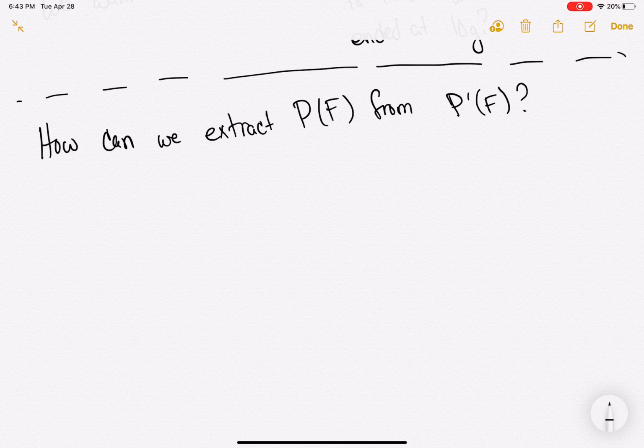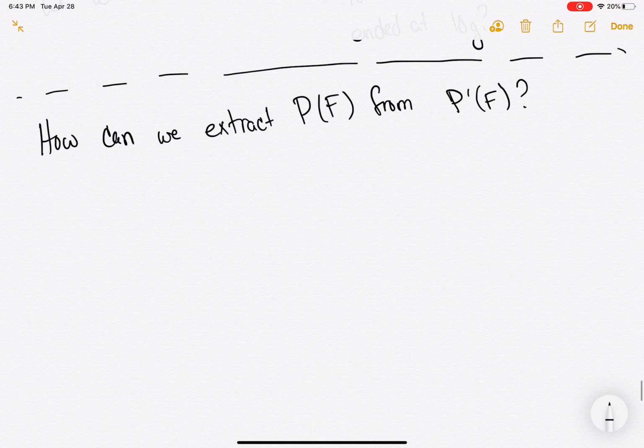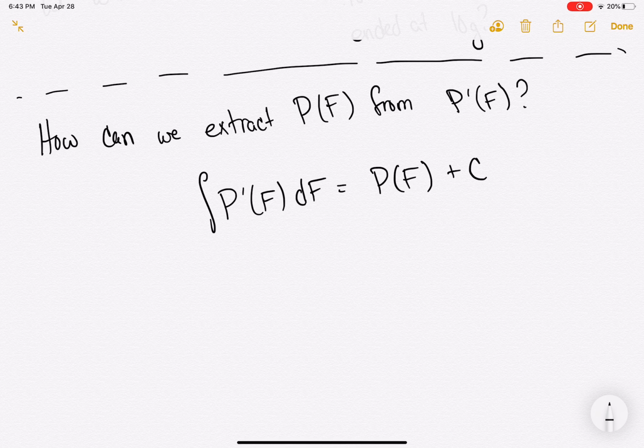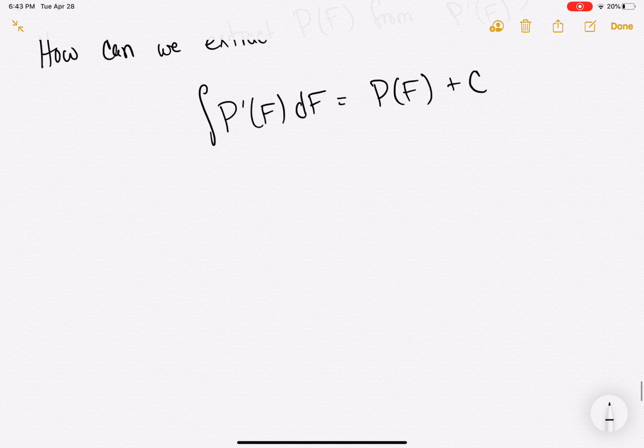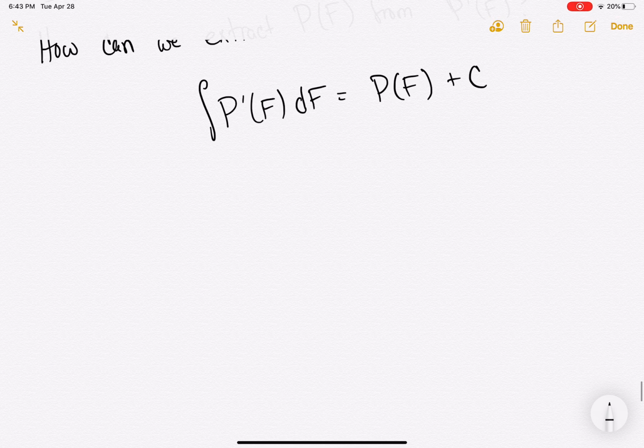I think everybody can agree if I have P prime and I want to go to P, this is an antiderivative. The integral of P prime of F dF equals P of F plus C, but who really cares about the plus C, because we're going to be looking at the difference between F equals 0 and F equals 10, so really we want,